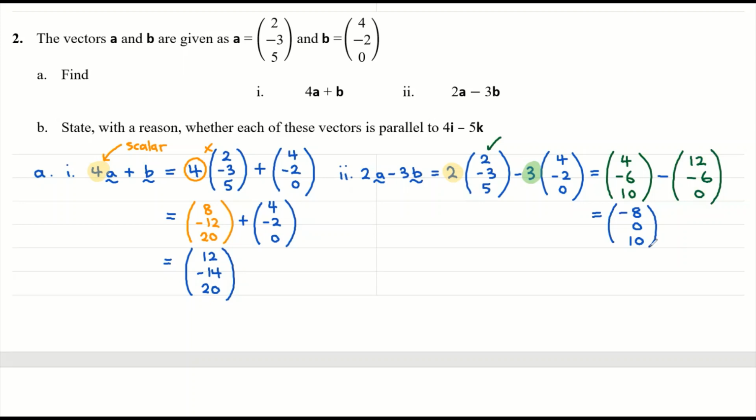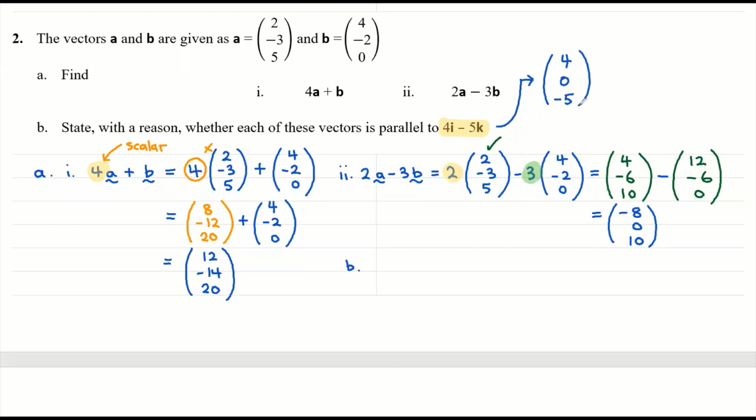Now for part B, we're asked something a bit deeper. State with a reason whether each of these vectors is parallel to 4i subtract 5k. Now that's quite interesting. Now 4i subtract 5k, I'm just going to rewrite that in a slightly different way, as a column vector. I've got a bit more space up here. This would of course be 4 lots of i. Now there's no j's at all, but there is -5